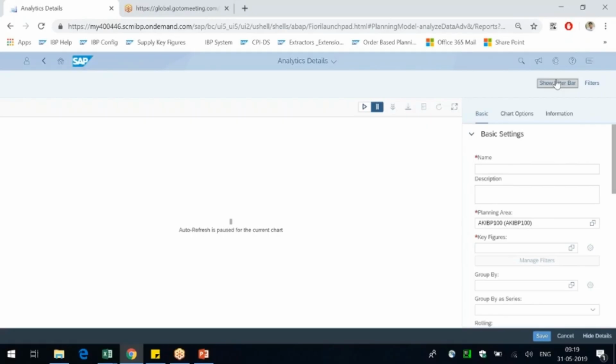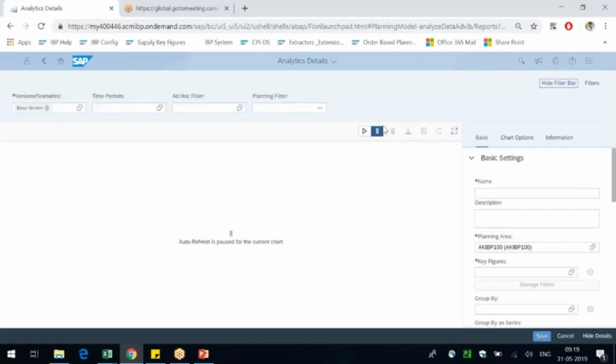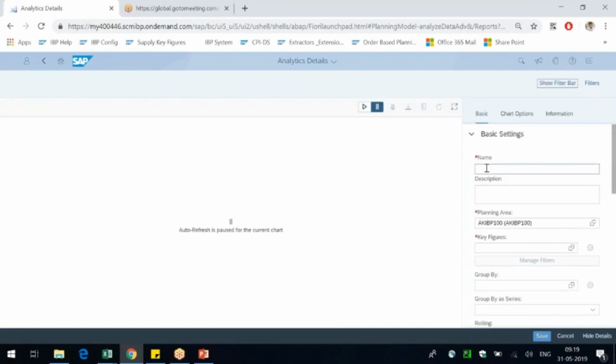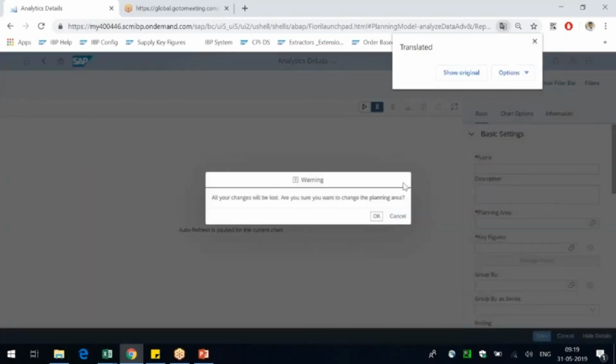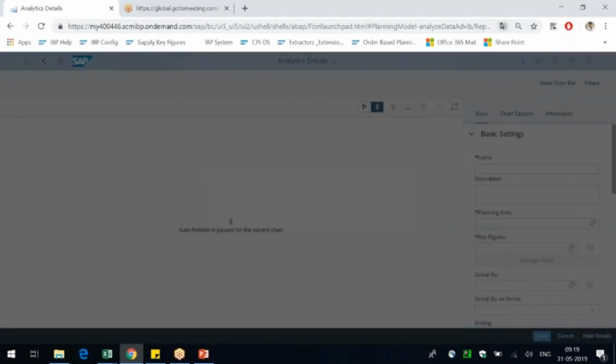Okay, got it. Thanks. Again, like every Fiori page you open, you'll see a filter bar. Here also we have a filter bar. Let me hide this filter bar for a minute. Now let's plot something. You need to get into a planning area to do some analytics on it. By default, it picks up a planning area called this. Not interested in this. We'll go to,